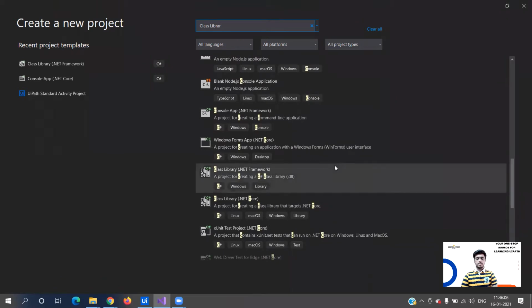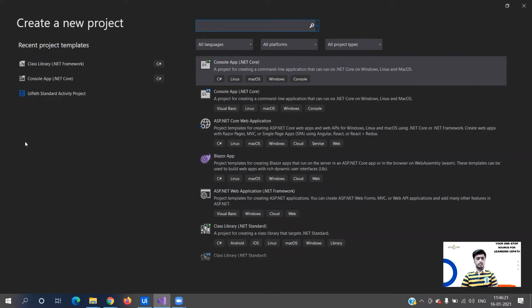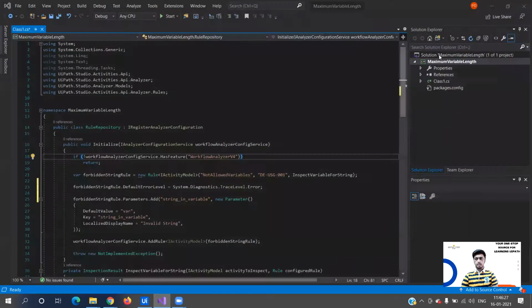Now you see this Class Library (.NET Framework). This is what you need to use, right? Once you create this, you need to give it an appropriate name. So that is the project that you need to create.